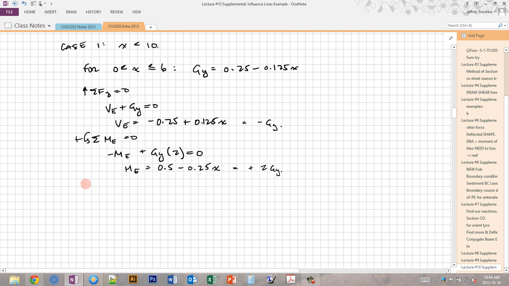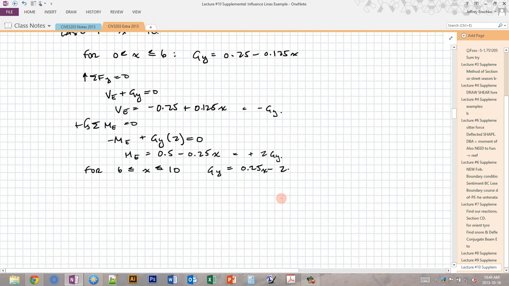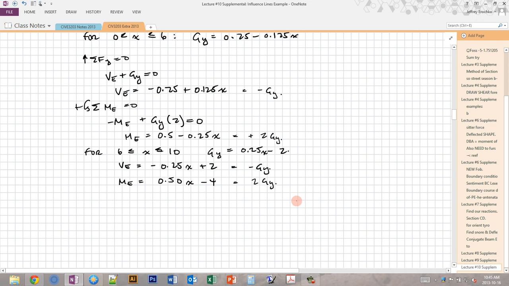Then I have to do the same thing for x between 6 and 10. So case 1 is x less than 10. For x greater than 6, we get a different value of GY, which is equal to 0.25x minus 2. And so I do the same thing and find my VE and my ME. I get VE again equals negative GY, which is different because GY is different, and ME is again equal to 2 GY, but again GY is different. So then I can do case 2,